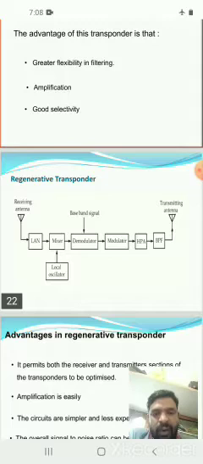Here the low noise amplifier is used to eliminate the noise, and the signals coming from the earth station to the receiver station have decreased strength, which is increased by using power amplifiers. So the low noise amplifier amplifies the received signals, and these signals are given to the mixer stage. Here the mixer is used to down convert 6 GHz into the 4 GHz range or 70 MHz range.